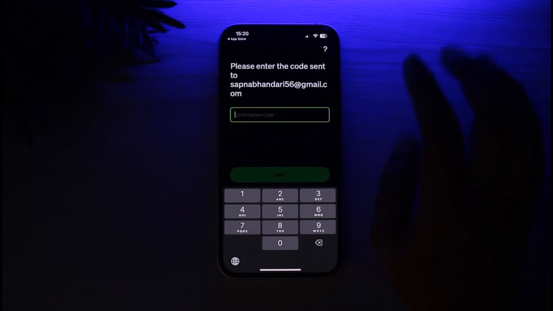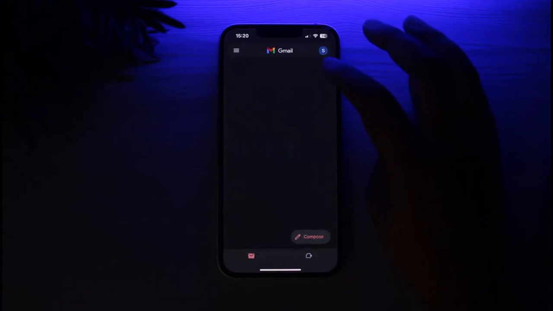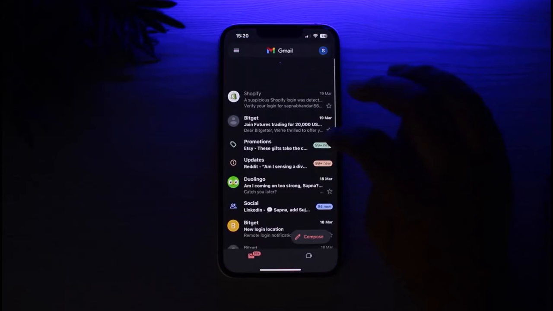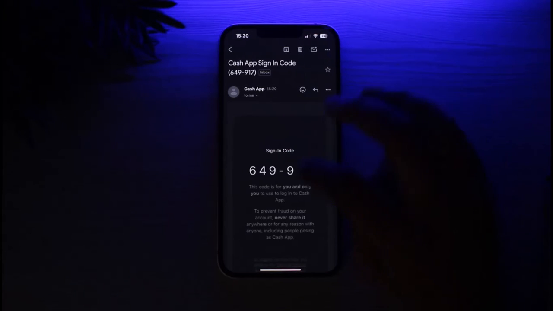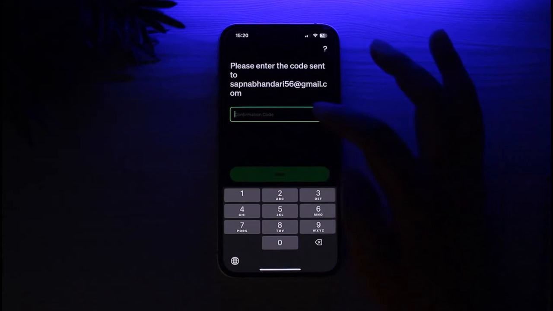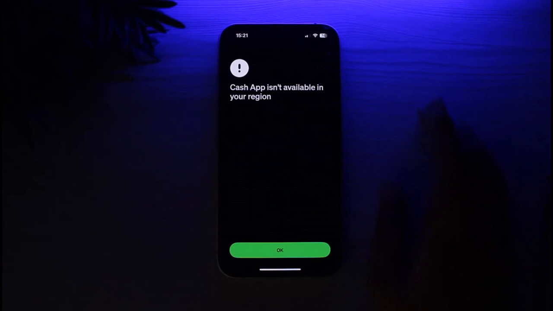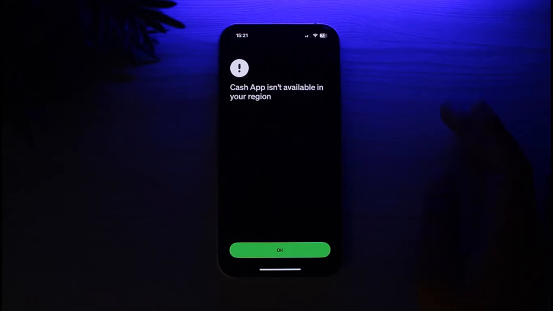Now they will send a verification code to your email. You have to simply go back to your Gmail over here and wait for the email to arrive from Cash App. Once you have got it, go ahead, copy this code, go back to here and paste the code. Tap on next. So as you can see, unfortunately it is not available in my region, so we cannot go through,